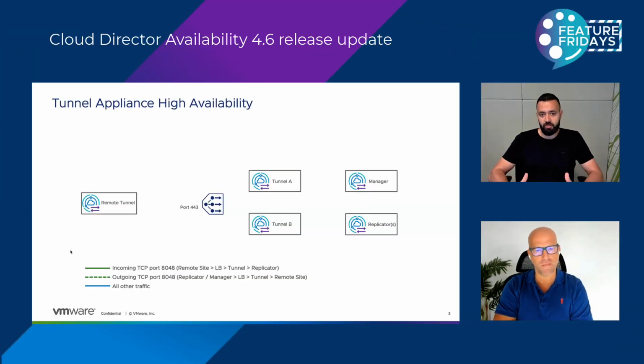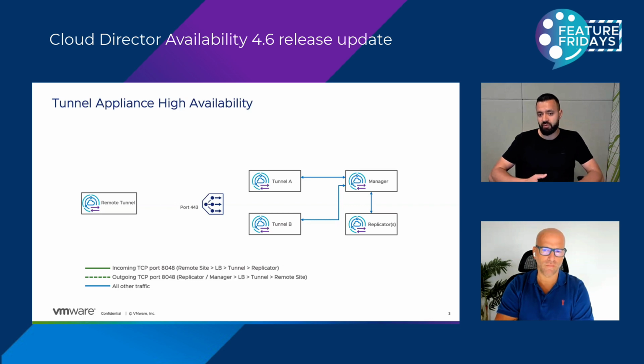So with the tunnel appliance high availability, what's new in the picture? We have the second tunnel, which was not present in the past, and also a load balancer. All our examples are with NSX Advanced Load Balancer. However, any load balancer that you might want to use is supported with the settings that we provide. So it's not a strict limitation, it's just a recommendation. Also, one tip: if you use something to load balance the Cloud Director cells, you can just create another virtual service and use it for Cloud Director Availability as well, as they work together. So with that said, with the new elements, what we have,